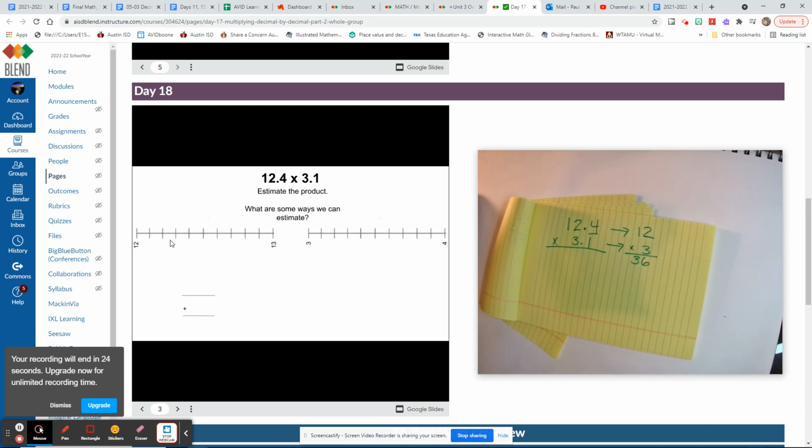They got our number lines out. I want you to take a look at those number lines. Decide where 12 and 4 tenths is on that number line. Each one of these lines would be a tenth. So this is 12 and 1 tenth, 2 tenths, 3 tenths, 4 tenths. So 12 and 4 tenths is right there. 3 and 1 tenth would be right there, closer to 12, closer to